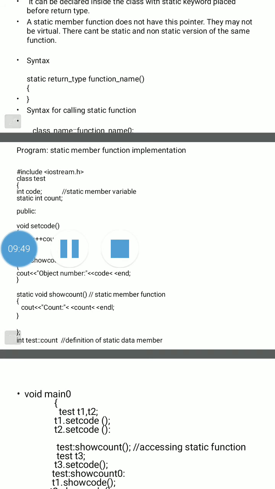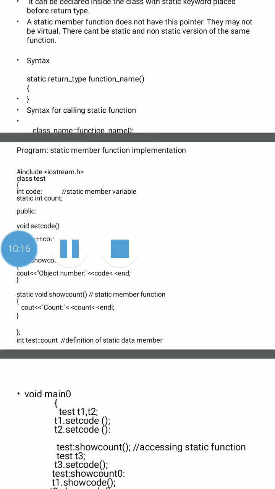Syntax for calling a static function: if you want to execute a static function, we can't use the object name and the function name. Normally, to execute a normal member function we use the object name, dot operator and member function name.